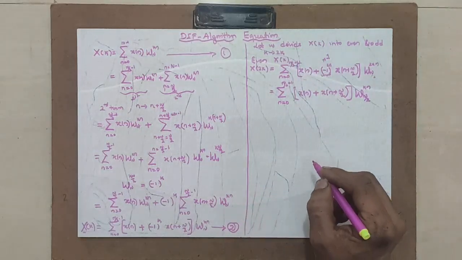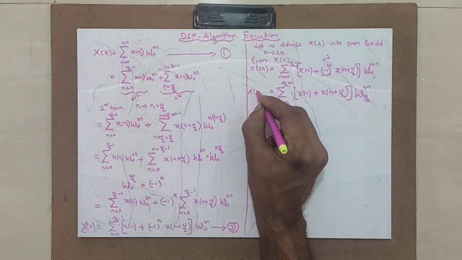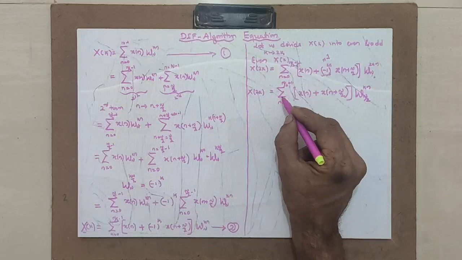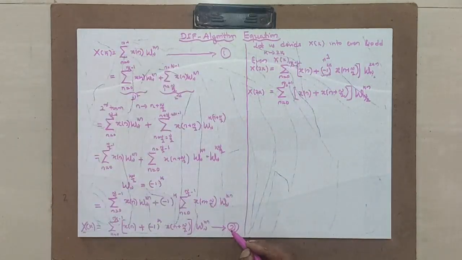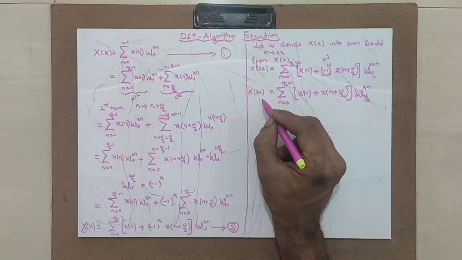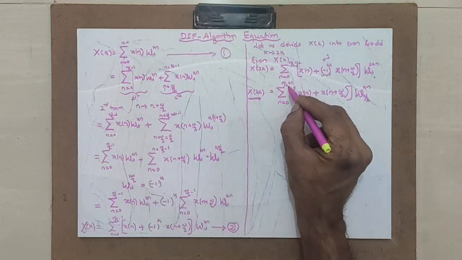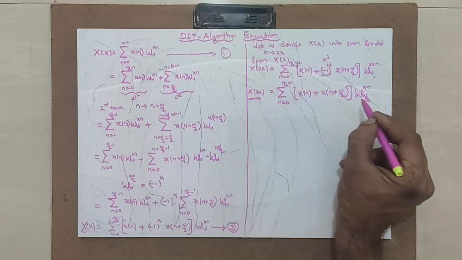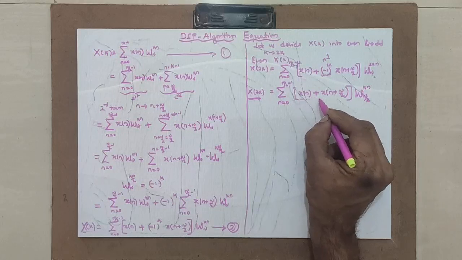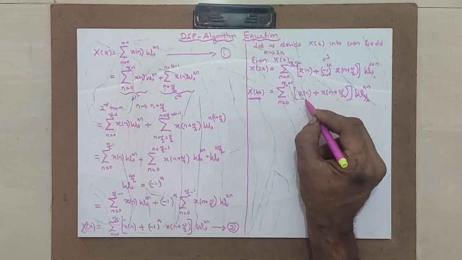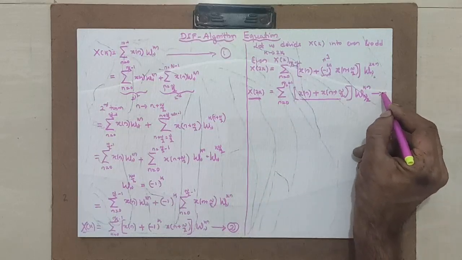Now if you see this and analyze x of 2k, we have started with the original equation. I got this equation 2, and in that also I have derived the even value. Even value means what? It is only half of the DFT, and of that which value? x of n plus x of n plus n by 2. I will derive what exactly this is, but you keep this as equation 3.